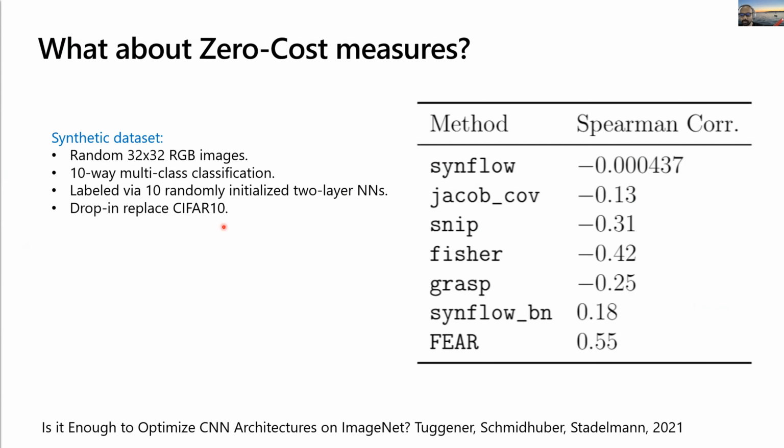And then I ran all the baselines on it again, and I'm just showing most of the zero cost measures here, and they all take zero time. If you just put that in your head, and look, their Spearman correlation becomes almost close to zero, right? And this is really bad. Whereas FEAR, which takes more time, right, we have to train it, FEAR is not zero cost. It is costly compared to zero cost, but FEAR still comes up with a reasonable number.